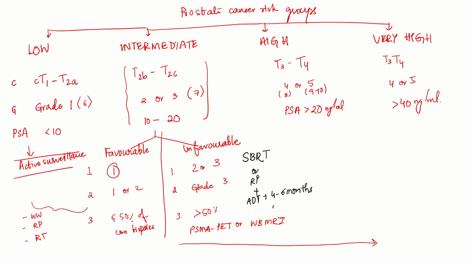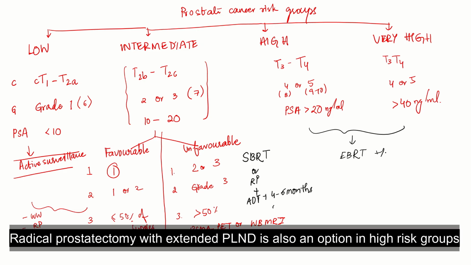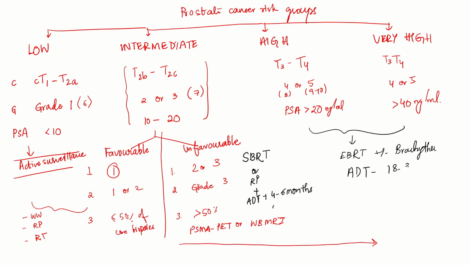Coming to the very high risk group and high risk group, these patients are considered for EBRT with or without brachytherapy. And here the androgen deprivation therapy is given for 18 to 36 months. In Stampede trial, they've given RT with 3 years of androgen deprivation therapy with abiraterone androgen receptor blockade for 2 years. Some other important definitions are